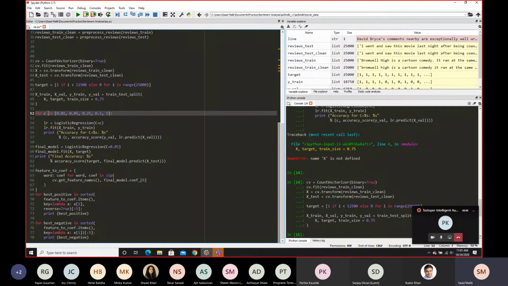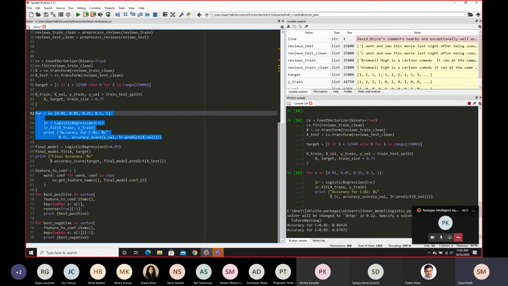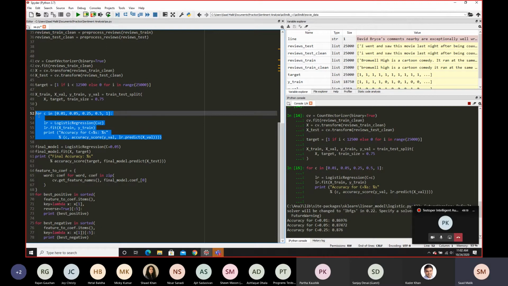But what I'm going to do is try to run this model for every value of C. Again, I'm not running every value of C, I'm running a few of them, but you can increase the accuracy of this by running every value of C. And after we run every value of C, we output the accuracy of the model based on a given C value.